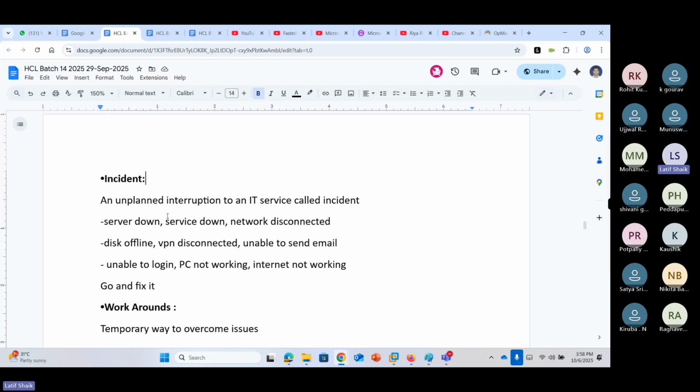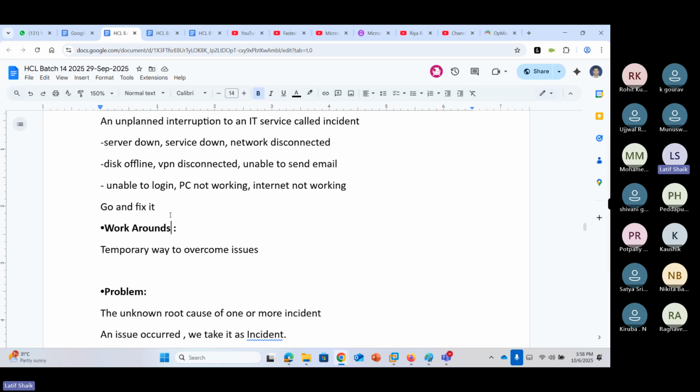That is incident management. In a ticket, you have what incident occurred, what the issue is, from which location it is, when it occurred, when it was notified to the service desk, who is going to handle it, and what the priority of that incident is. So these are incident management related.